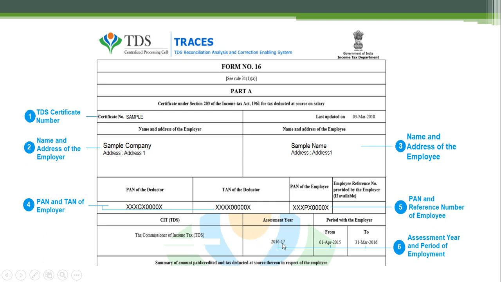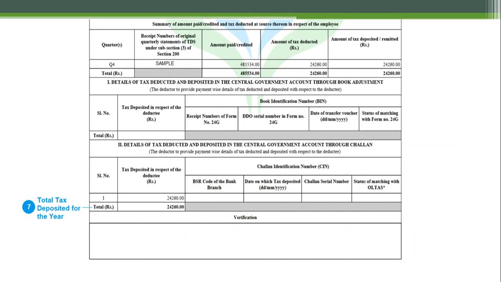Here the assessment year is taken as a sample, 2016 to 17, and the period with the employer is from 1st April 2015 to 31st March 2016. So this is how Part A looks for Form number 16.